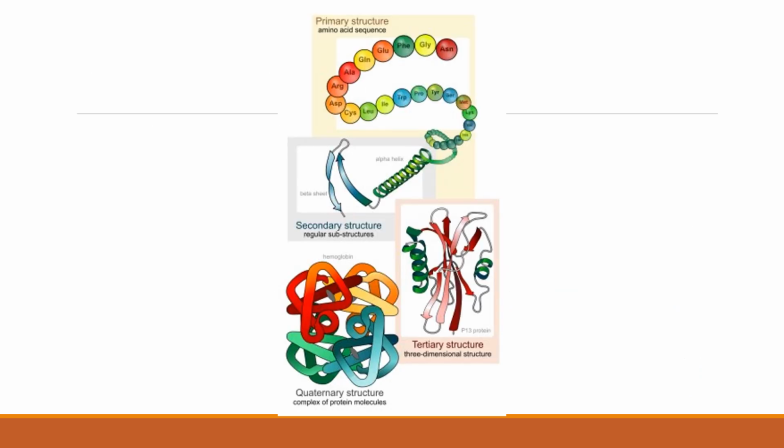So the overall picture is shown here, which begins with the primary structure, which is basically the amino acid sequence produced from the translation process, which undergoes folding to form the secondary structures such as alpha helix and beta pleated sheets. And these secondary structures undergo further folding, which leads to the tertiary structure of the molecule. And if you have more than one chain in the protein molecule, these chains interact with each other to form the quaternary structure based on the complex interaction of the protein chains present in the protein molecule.